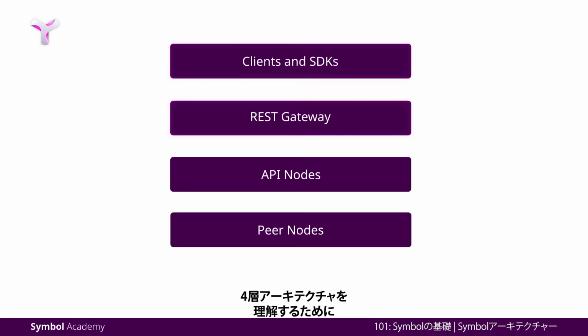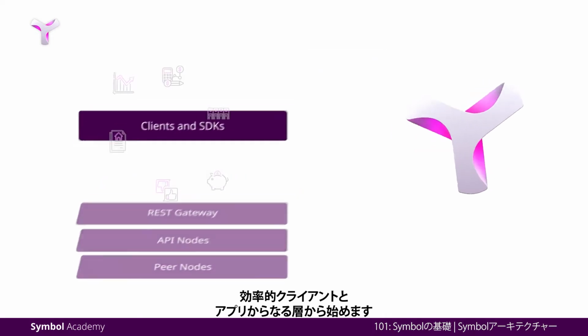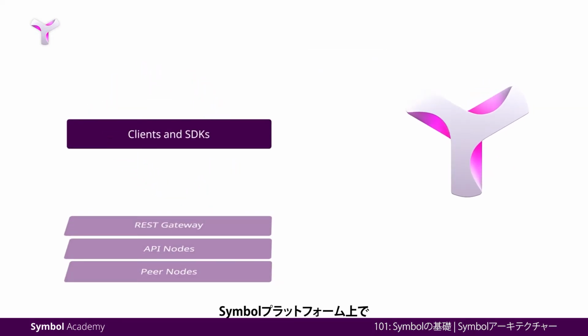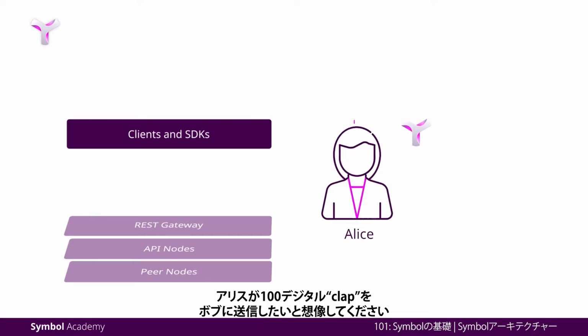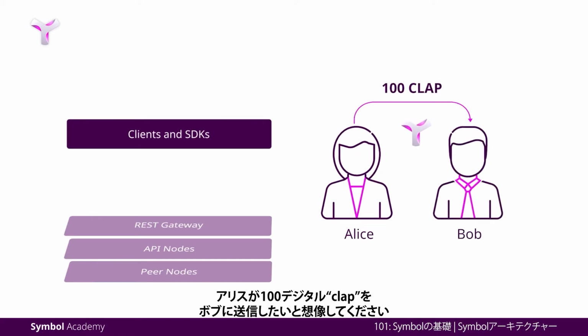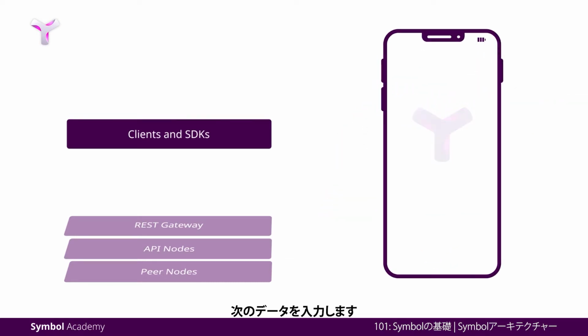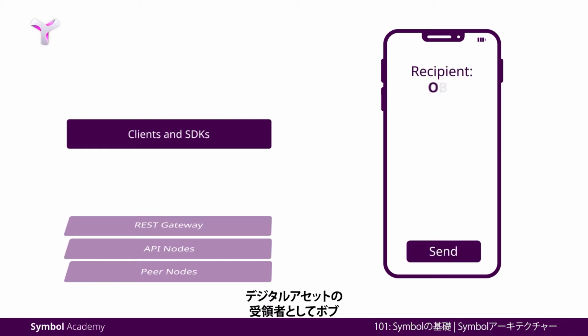So to understand the 4-tiered architecture, let's follow a transaction as it navigates its way through all 4 tiers. Let's start with the tier consisting of apps and resource-efficient clients. Let's imagine that Alice wants to send 100 digital claps to Bob over the Symbol platform. She grabs her phone and opens up a Symbol wallet app to enter the following data: Bob as the recipient